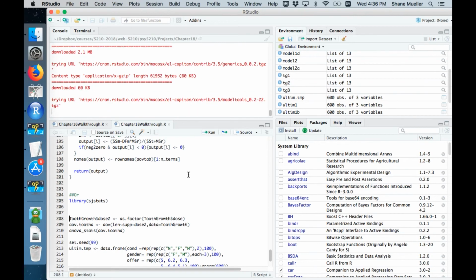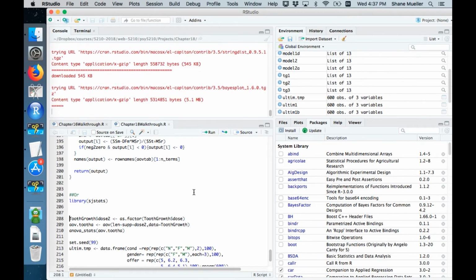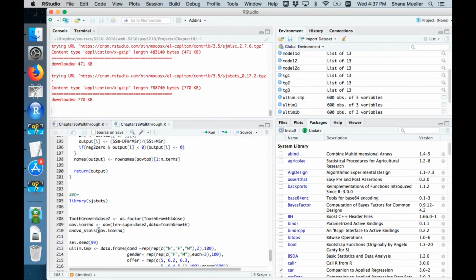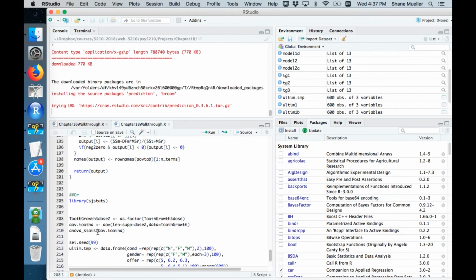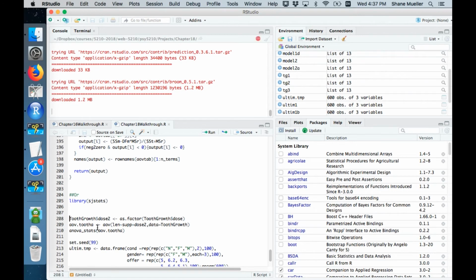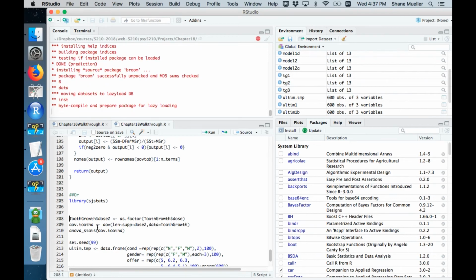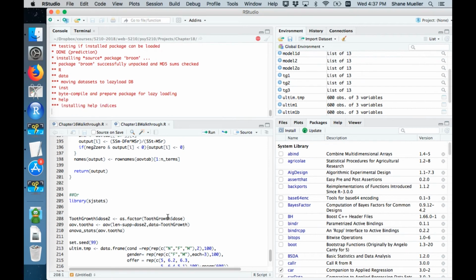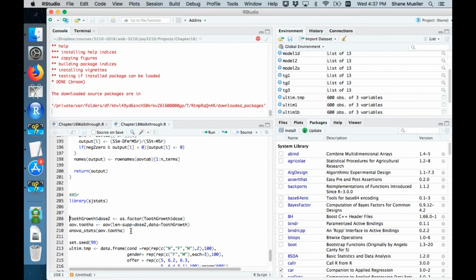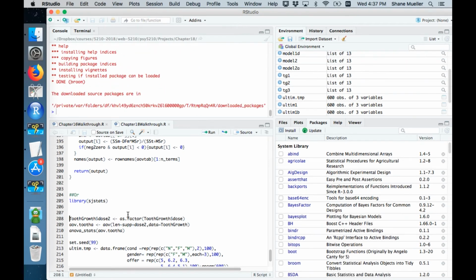It's got a function called anova_stats, which computes a bunch of different effect sizes. It computes eta and partial eta and omega squared and partial omega squared, I think, and some others that we haven't talked about, and it will report all of those for an ANOVA model, or at least most standard ANOVA models it will be able to do. So if we load this,